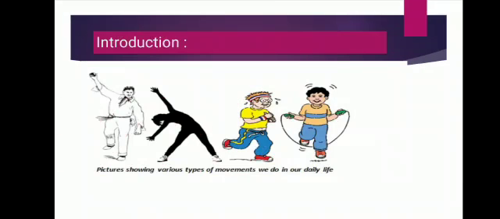When we move our mouth, when we chew food, we move our head up and down while saying yes, or we move our head from side to side while saying no. We move our arm at the shoulder while bowling a cricket ball. We bend our fingers to grip an object and we move our legs while walking. So these are just some examples of our body movement.